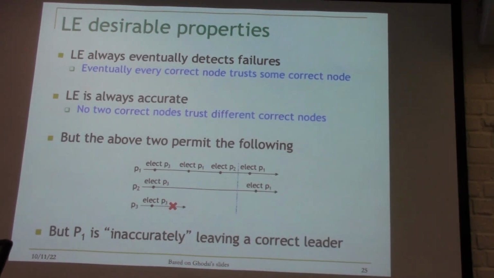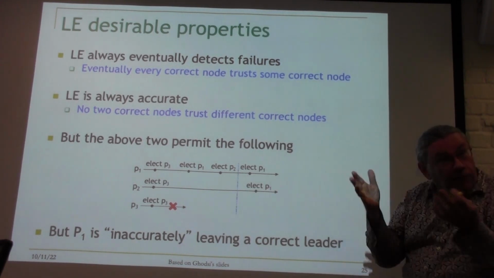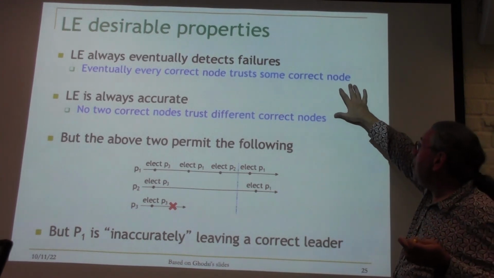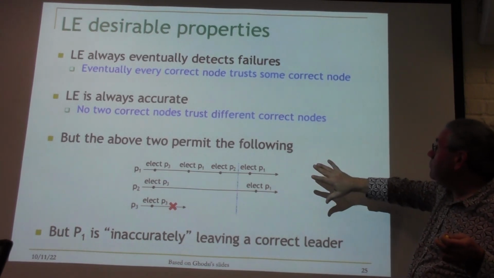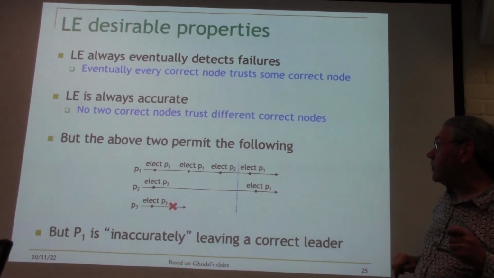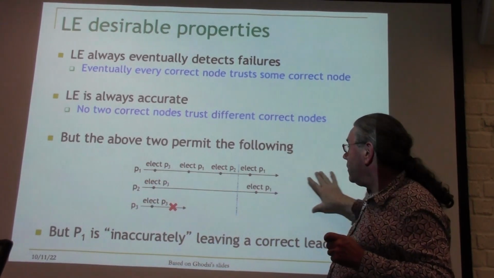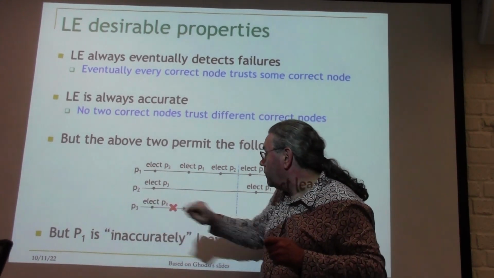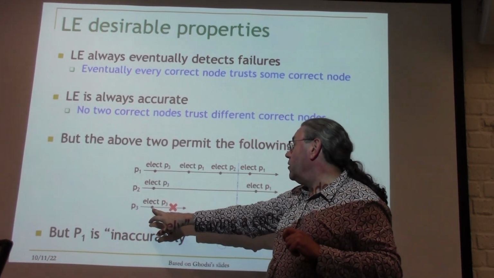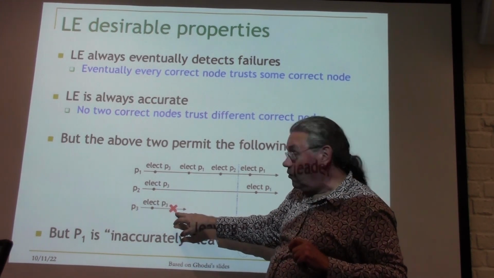We're doing specification engineering. If we just have these two, it might seem perfectly good. And it is good, actually. But maybe the behavior of the system might be weird, even though it's satisfying those two properties. Here's an example. This is a time-space diagram with three nodes, P1, P2, P3. They all elect P3 as their leader, but P3 crashes. That means they have to change, of course.